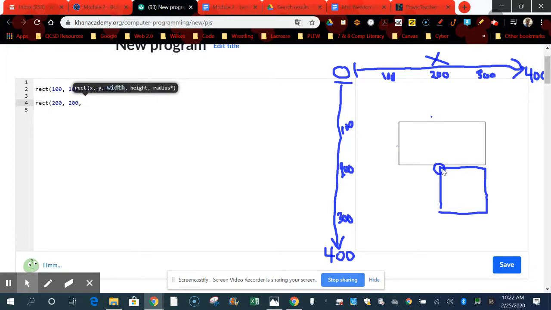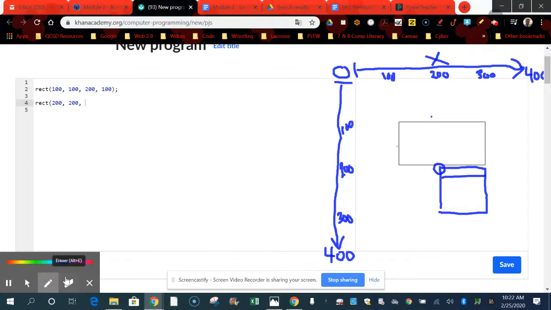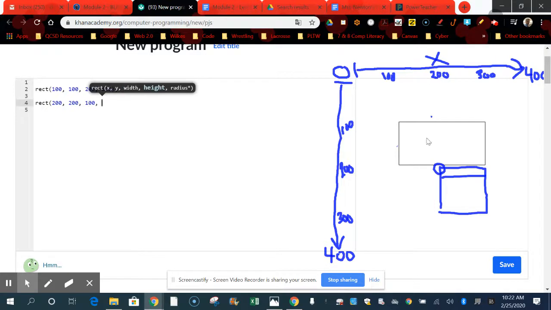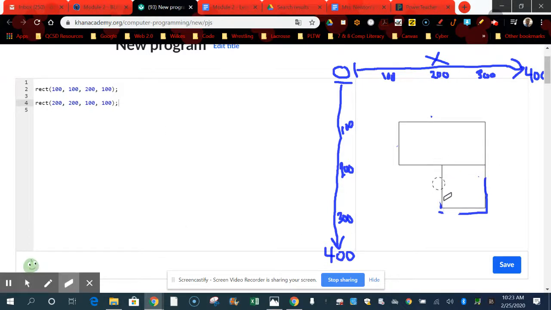And now we're going to be measuring how wide this is. As you can see, this is a nice, easy one. It's only 100 pixels in length. We went from 200 to 300, meaning it is only 100 pixels in length. So just type in my 100. And since this is a square, my height needs to be also 100. So lastly, I just type in my 100. And you will see now that I have a nice, neat square here along the same area. So hopefully this helps you out. Rectangles are relatively